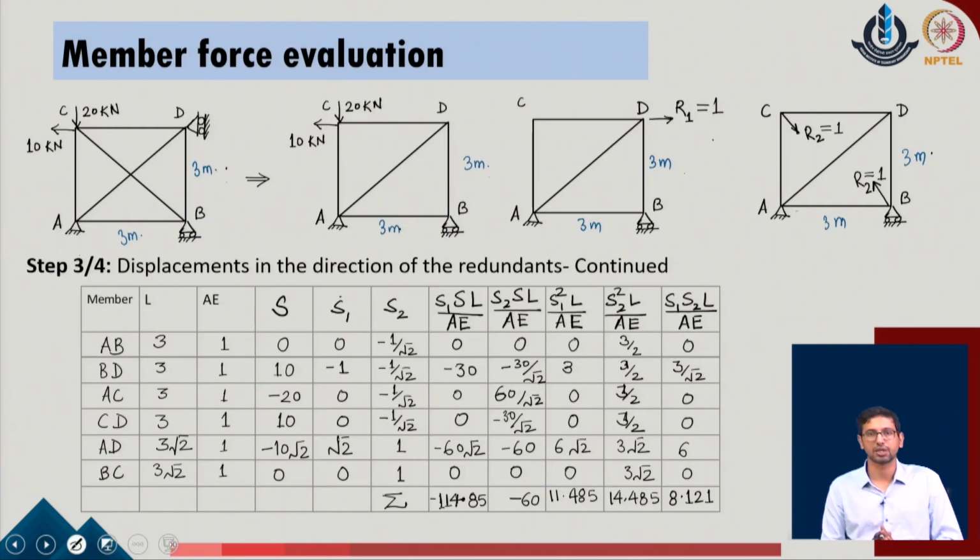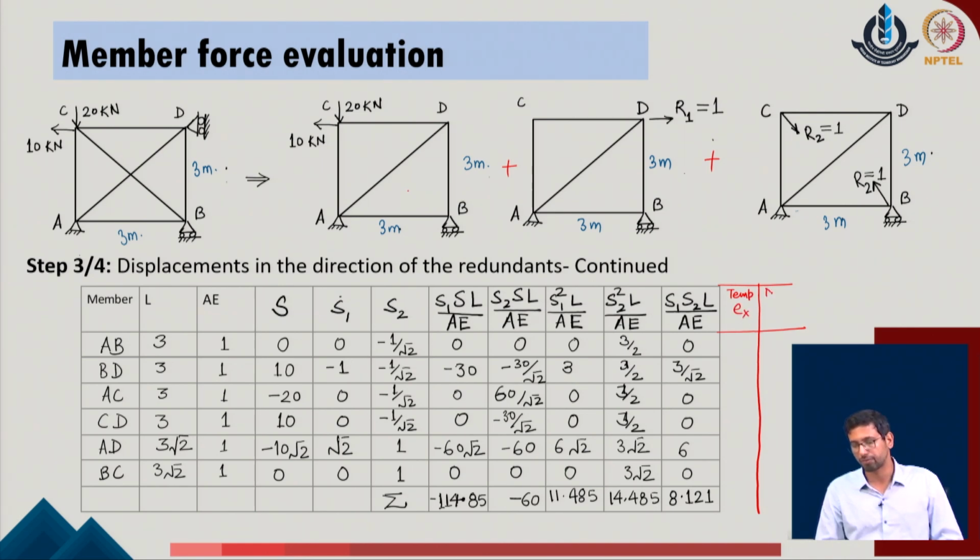Now, as the next case of the analysis, we consider a table similar to the one we considered earlier, because we have already added these 3 systems in the given problem, but along with that we have 2 more systems. What we add in the given problem is that due to the member temperature part, we have the E of x, or the change in length, and due to the member pre-strain also we have the E of x component in the given system.